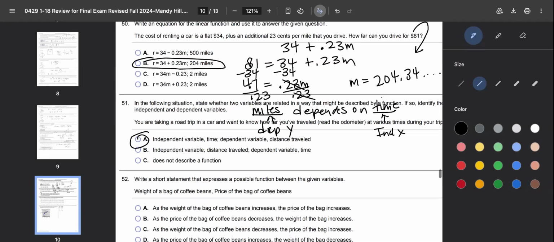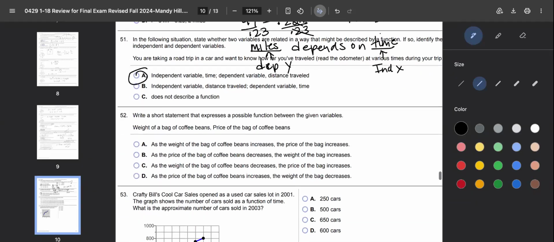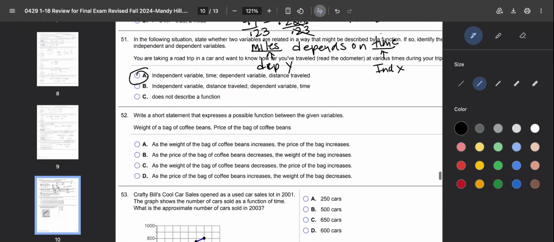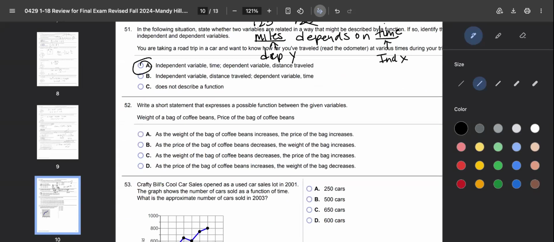Okay. 52, write a short statement that expresses a possible function between the given variables. The weight of a bag of coffee beans and the price of a bag of coffee beans. So we know that if you